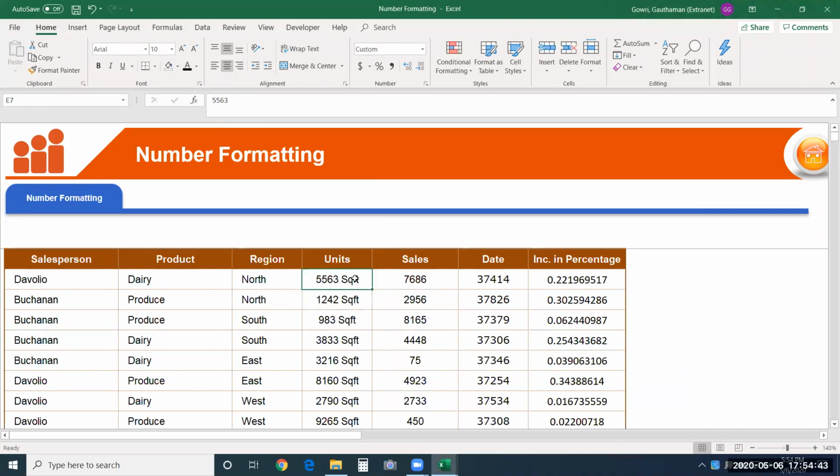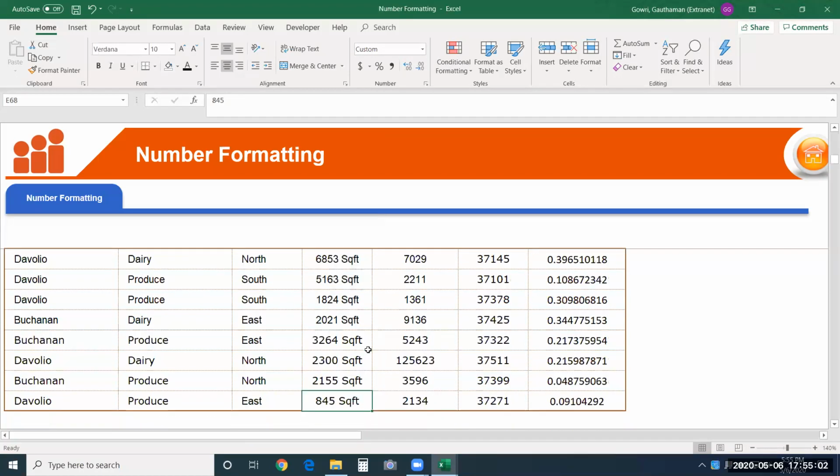So by applying number format, don't assume the value is going to be affected. Only how exactly the number is being displayed to the user is going to change. Nothing else. Now, if we give some text, let me show you whether it is still behaving like a number.